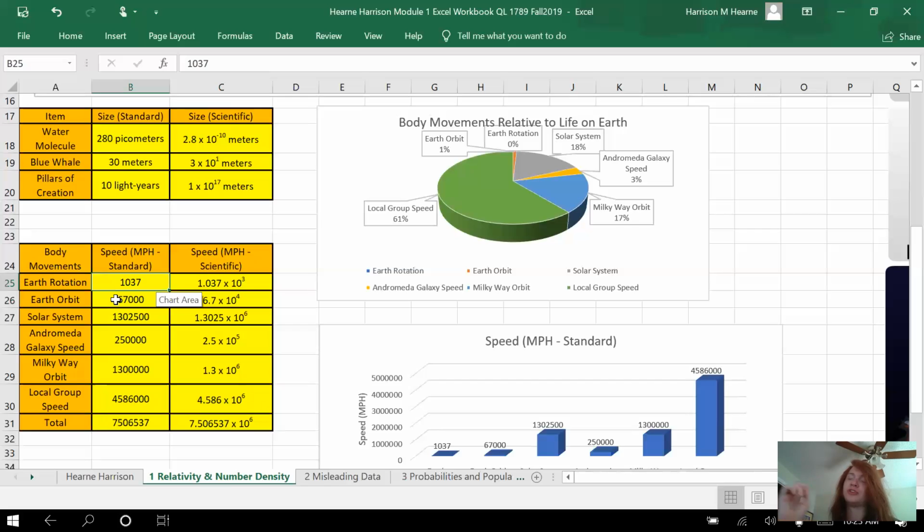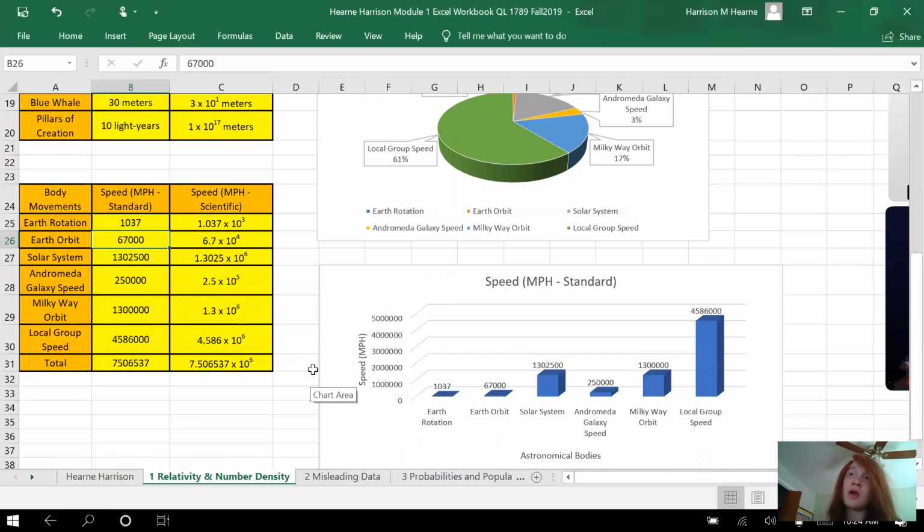But the Earth isn't just rotating around in one fixed place. The Earth itself is rotating on its axis, and it's also orbiting the sun at the same time. It's orbiting around the sun at 67,000 miles per hour, 6.7 times 10 to the fourth. But not only is the Earth moving around the sun, our entire solar system is moving relative to the rest of the galaxy, and the rest of the solar systems within that galaxy. So you can see here our solar system relative to the rest of the galaxy is moving at